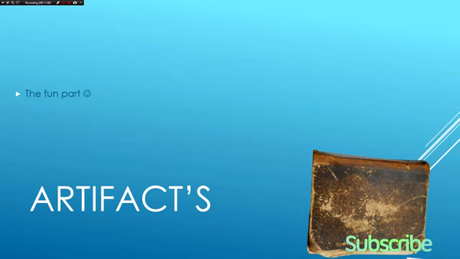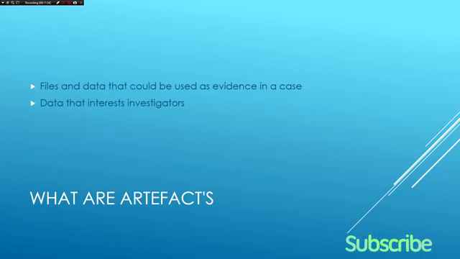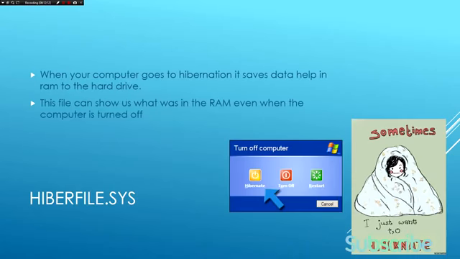So artifacts. Here's more of a fun part of digital forensics. An artifact is basically something that intrigues the investigator. So, for example, if you're looking at a fraud case and someone's got a file called creditcardnumbers.txt, that is an artifact. That is something you are going to be interested in. So here's an example artifact,